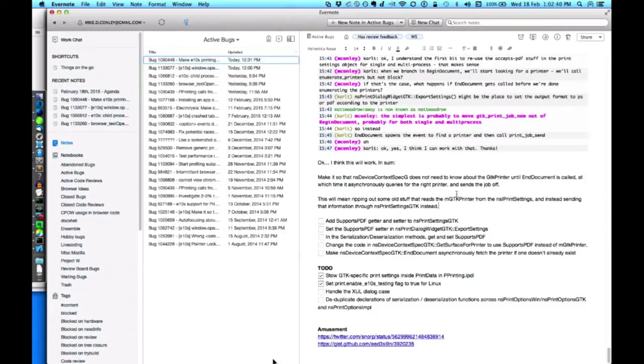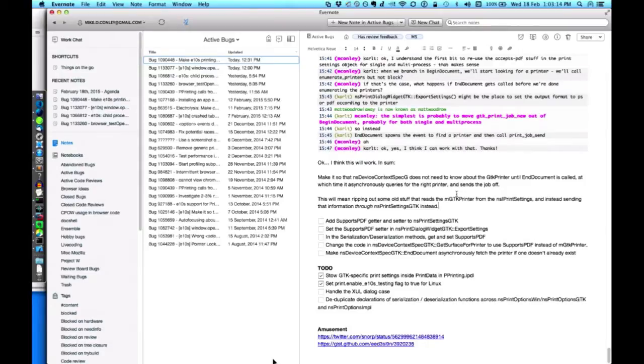But one thing that we haven't done a really good job of serializing is the actual object that represents the printer. In GTK world, that's a GTK printer. We get that from the dialog in the parent process, but what we end up having is a pointer, and you can't send a pointer down to another process. The content process has no access to the memory pointed at by that pointer, basically the printer object. Sending down the pointer to the content process makes no sense.